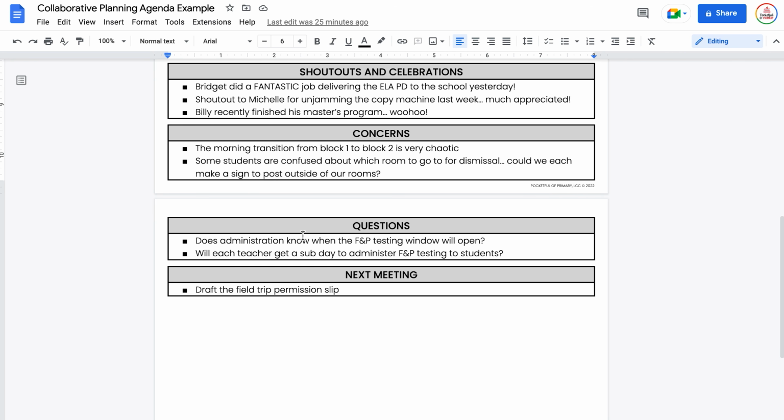And then finally, kind of setting the plan for the next meeting and what's going to be covered. Now, personally, when I was the 4th grade team lead, I would actually set this agenda up at the end of the prior meeting. So as soon as we said goodbye, the teachers all left my room, I would make a copy of this Google Doc, delete the things that were no longer relevant, so maybe dates that had passed or questions we had gotten answered, and then I would go ahead and send it out to all of the